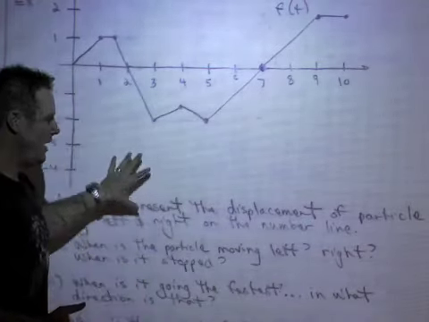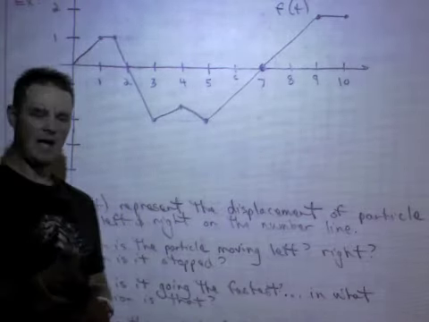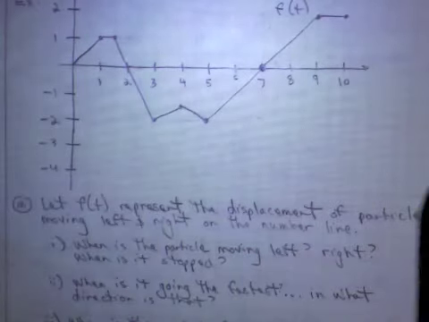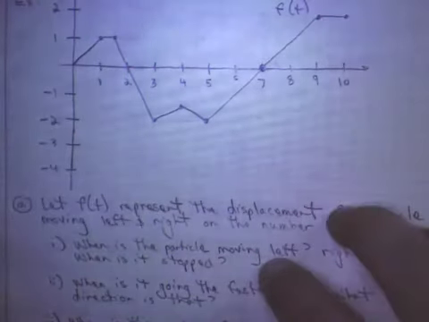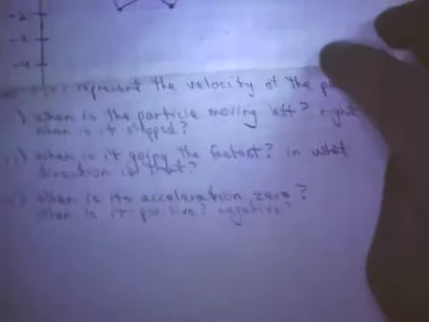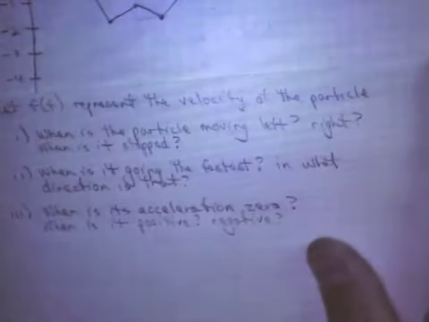Okay? All right, so now I'm going to consider this graph again. But now let's assume that this graph doesn't represent position anymore. Let's say that it represents velocity. If I can get this to work. Seemed easier than it is. All right. The same graph